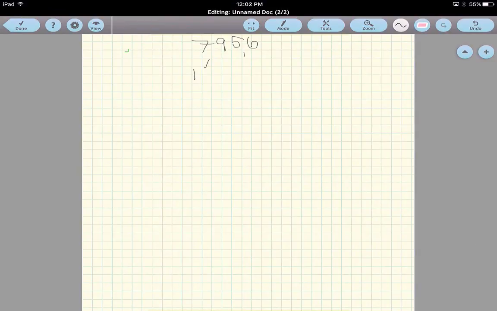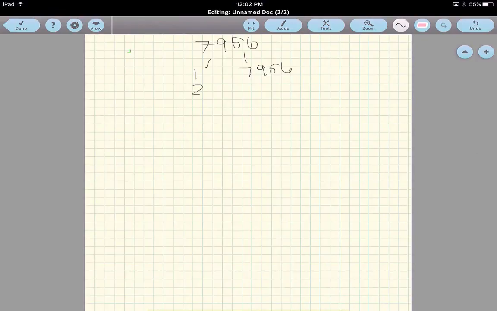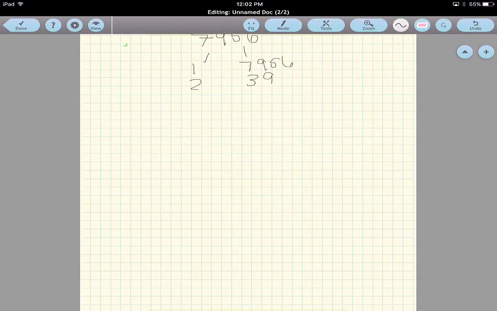Well, we know that 1 and 7,956 are factors. We also know that this is divisible by 2, and 2 happens to be 3,978. This number is also divisible by 3,